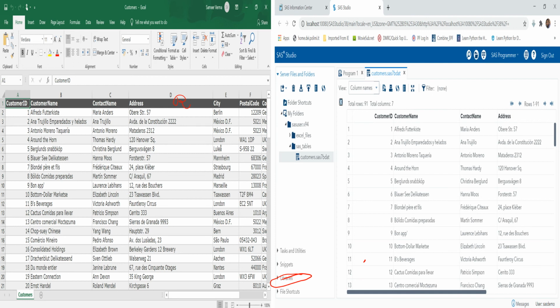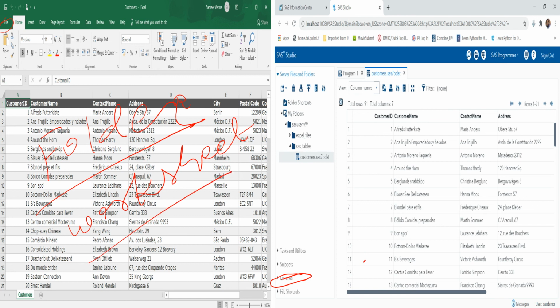The main difference is that in Excel, to save, you go to the file menu, choose a location, and choose a folder where you save the worksheet. Here, you first need to identify the location, then create a library, and then in that library you can create permanent tables. So this was the basic similarity between Excel and SAS.